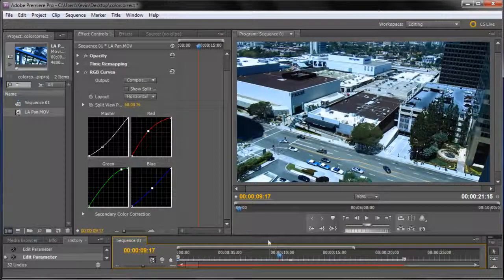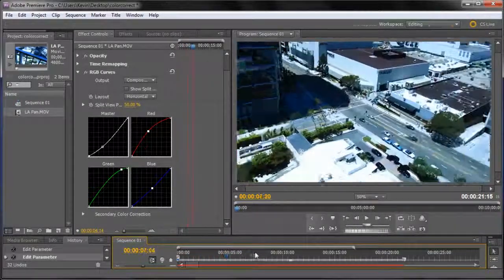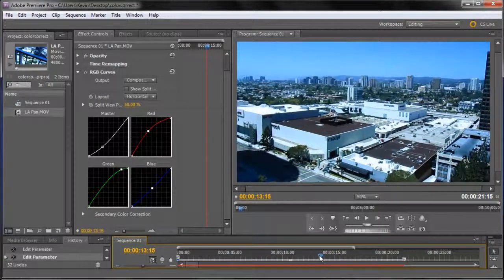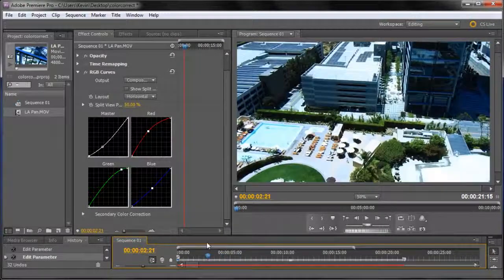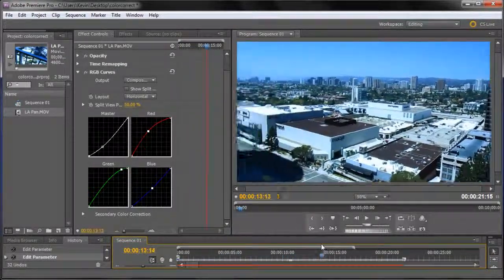So I hope you guys learned something with this tutorial. Most footage these days is color corrected. You might not notice it, but a lot of times what you see on TV, what you see in web shows, what you see in movies, is not what they actually shot off of the camera. A lot of it is actually done in post that will change the color, because you can get some pretty cool effects. Here I was going for more of a realistic effect just because it was so blue,